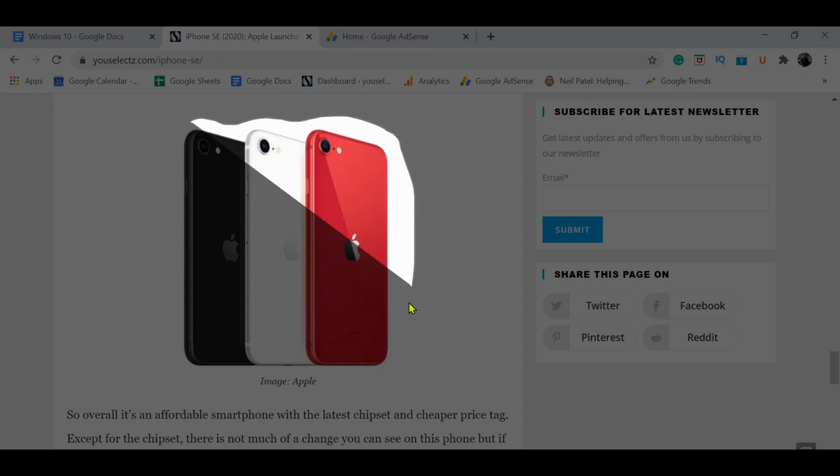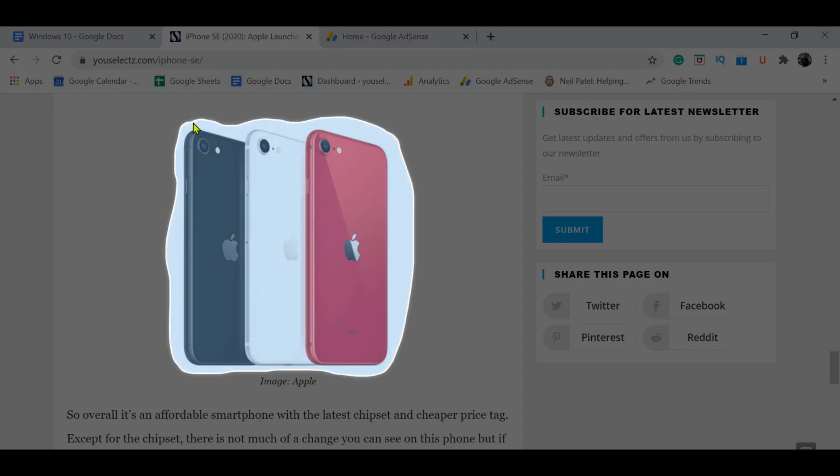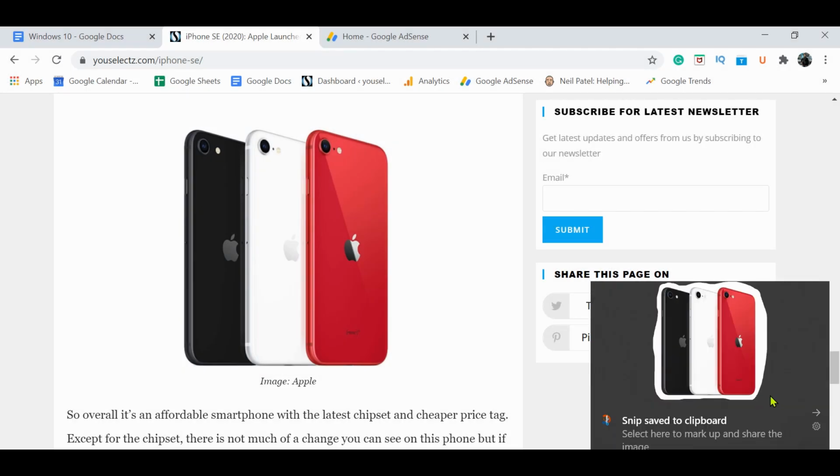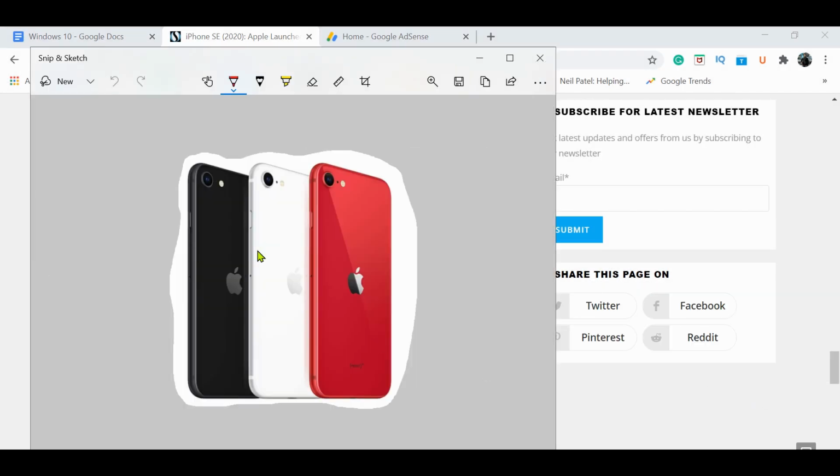And an interesting thing about this feature is I can screenshot only a particular object on the screen using the freeform snippet. This will screenshot only the object that I want, and here you can see only that portion is screenshotted. You don't have to install or download any software or app for this. This comes as standard in all Windows 10 operating systems. If you are using Windows 10, then you should definitely check out this tip.